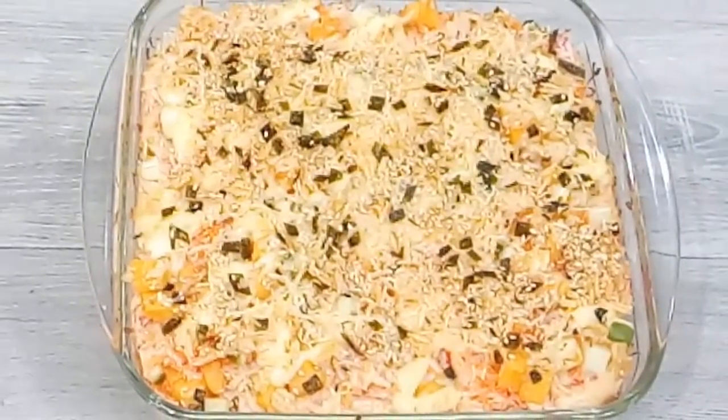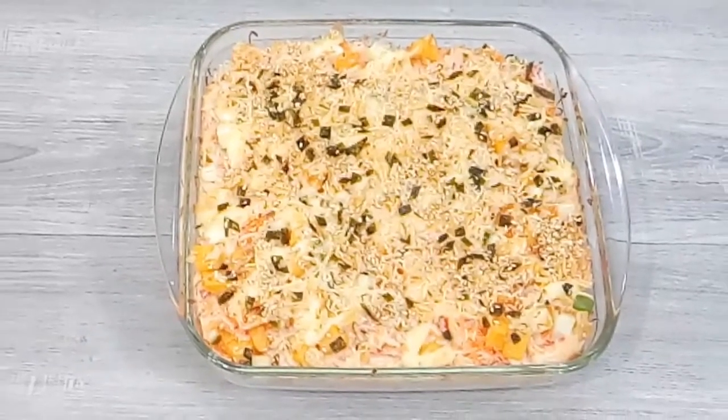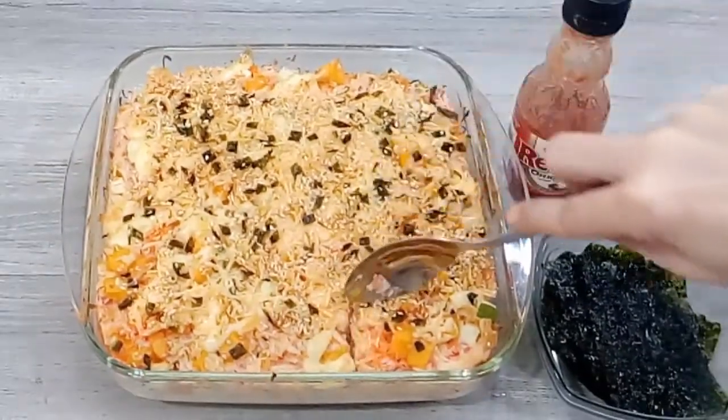And so, here is our baked sushi! It would have been appetizing looking if I drizzled the mayo at the very top, but